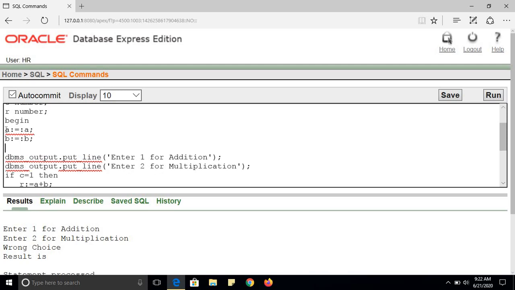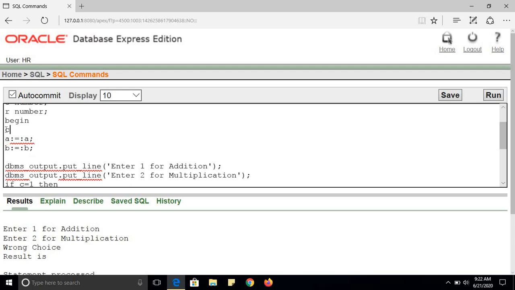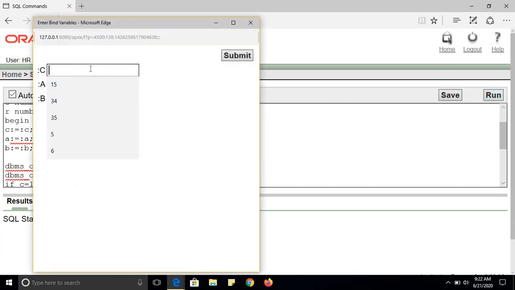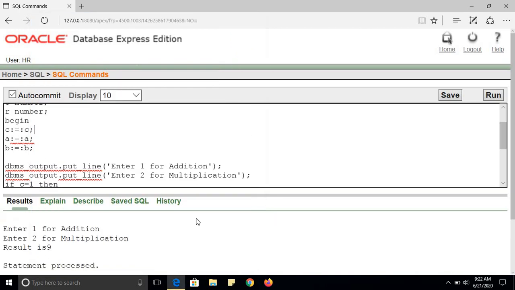This is just to explain the concept. Now try to run this program. The value of C suppose is 1, and the value of A is 4, the value of B is 5. It means addition will be performed. So see, you can see the result is 9.